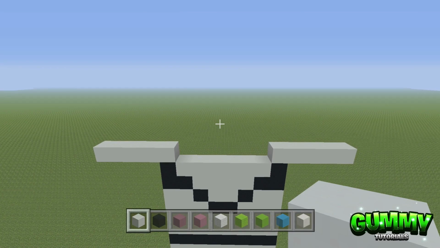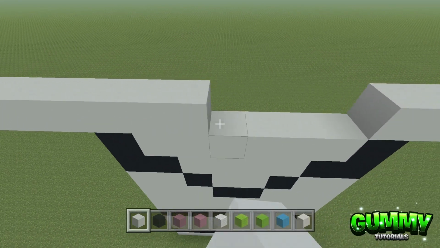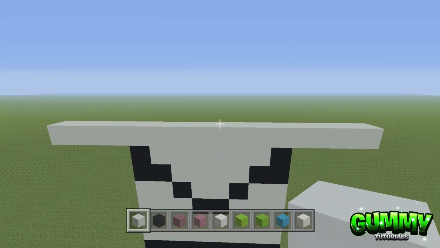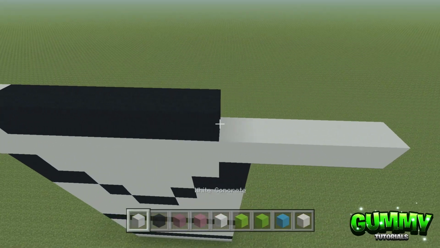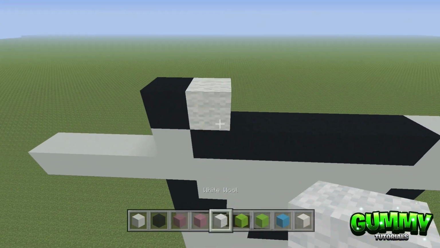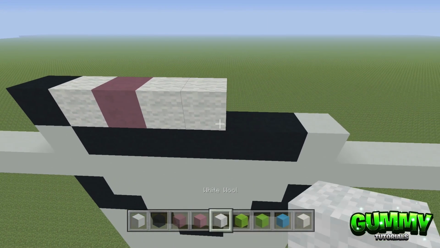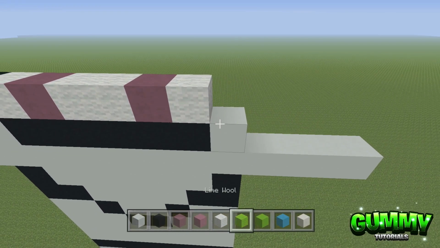Again, the body is 12 tall and 8 wide, so we're going to be doing it layer by layer. The first layer is going to be 8 white concrete, so just place 6 in between the 2 you've already placed previously. For the second layer, we're going to do 1 white concrete, 6 black concrete, and 1 white concrete, followed by 1 black concrete, 1 white, 1 purple terracotta, 2 white wool, 1 purple terracotta, 1 white wool, and 1